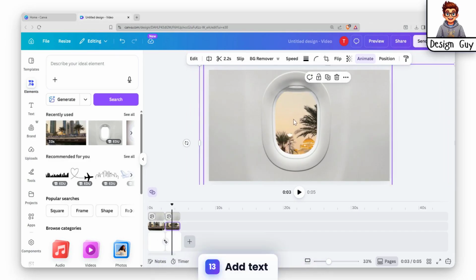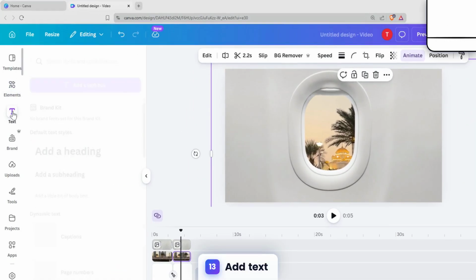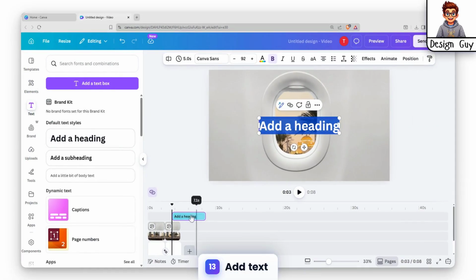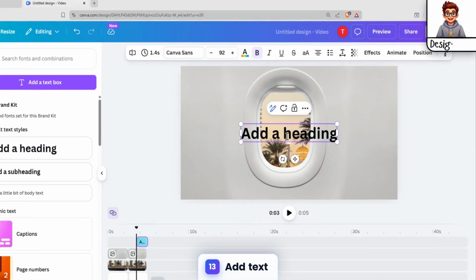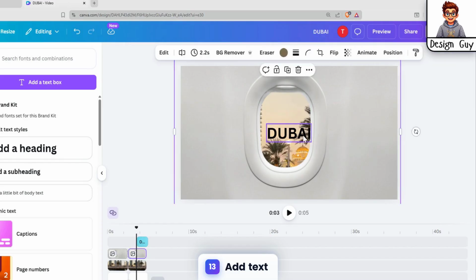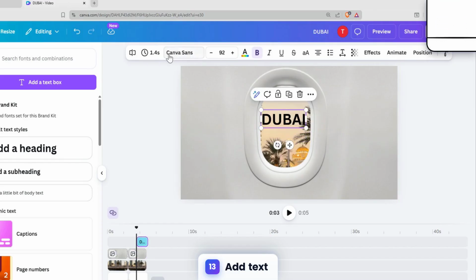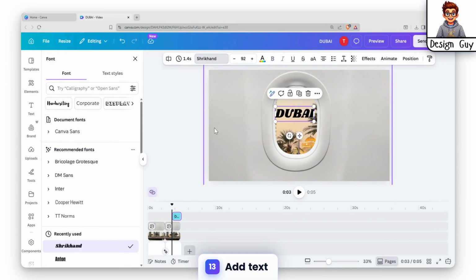First, type the desired text in the text box. Next, select the text to change the font style by choosing from the Font drop-down menu. Then, adjust the font size as needed. After that, change the text color by clicking the color palette and selecting your preferred color. Finally, review your text to ensure the font and color match your design requirements before proceeding to save or apply